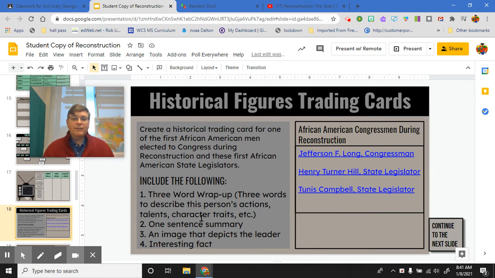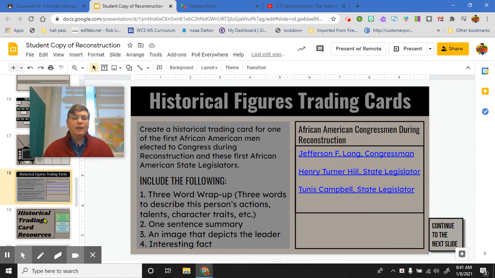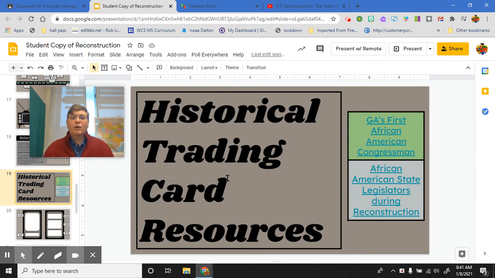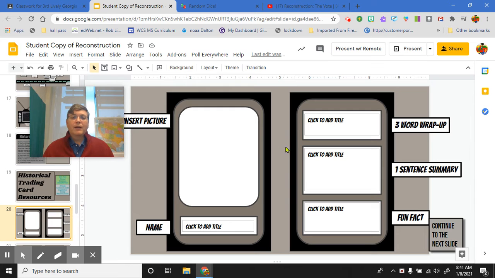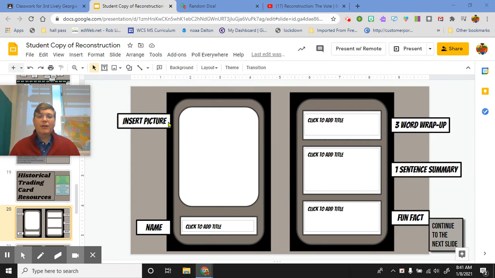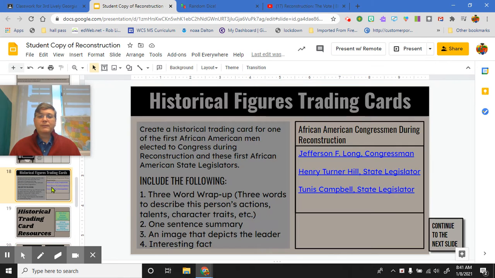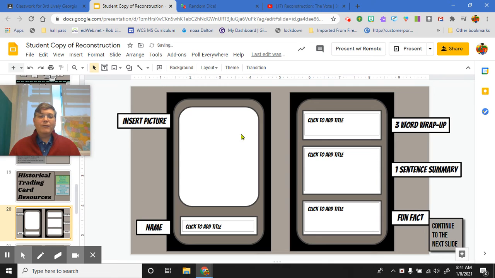Follow the directions here. Okay, what you're going to be doing is you're going to be making an historical trading card. And here is what that's going to look like here. Okay, so for the first person, Jefferson F. Long, you're going to have to insert a picture of Jefferson F. Long. You're going to put Jefferson F. Long's name here. You're going to give a 3-word wrap-up, 3 words that kind of go along with him,